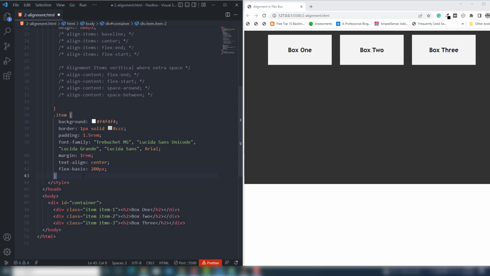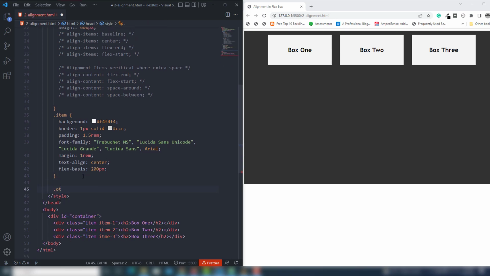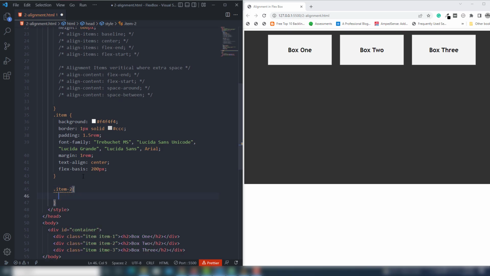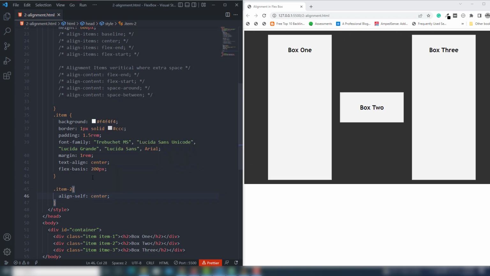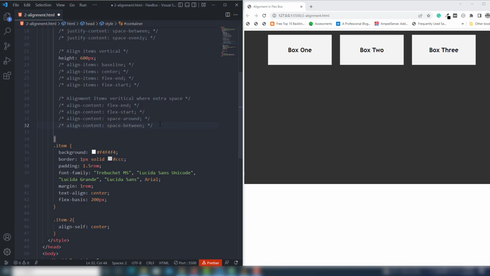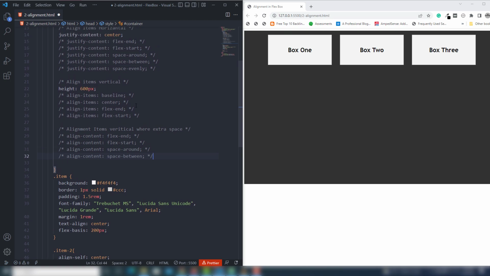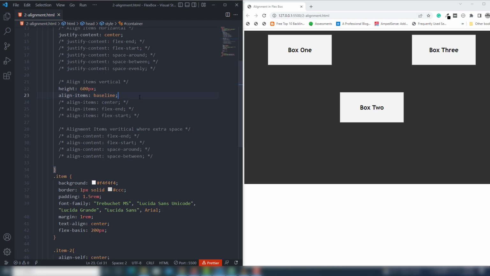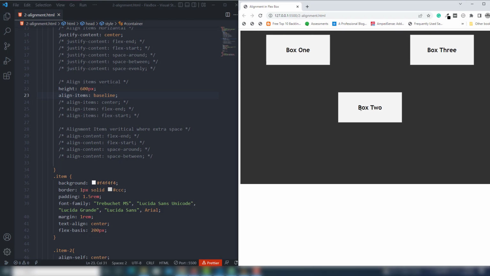So I call atom2, and I just call align cell will be center, so it will display the center, but we need to use the property like this one, not this one. I think where it is, I just remove the. Right. So here is a second box has been appeared in the center, as you can see, because I have